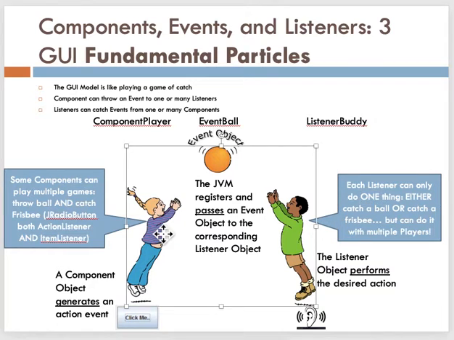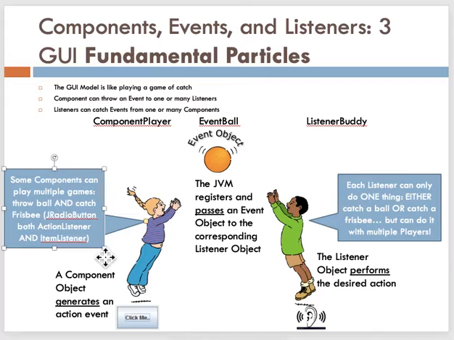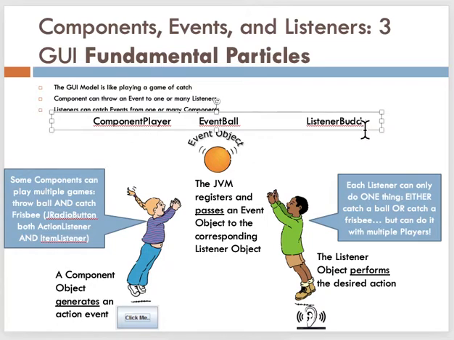So all the components do is either throw a ball or throw a frisbee, and all that the listeners do is catch. And they can either catch a ball or they can catch a frisbee. Now the components can throw to multiple catchers, and the catchers can catch from multiple throwers. So the component is the player and the listener is the buddy. And either the ball or the frisbee, whatever you want to imagine that's thrown between them, that's